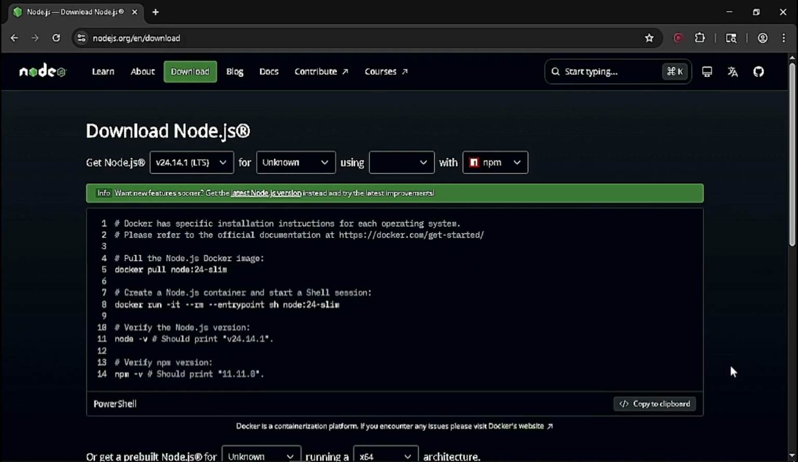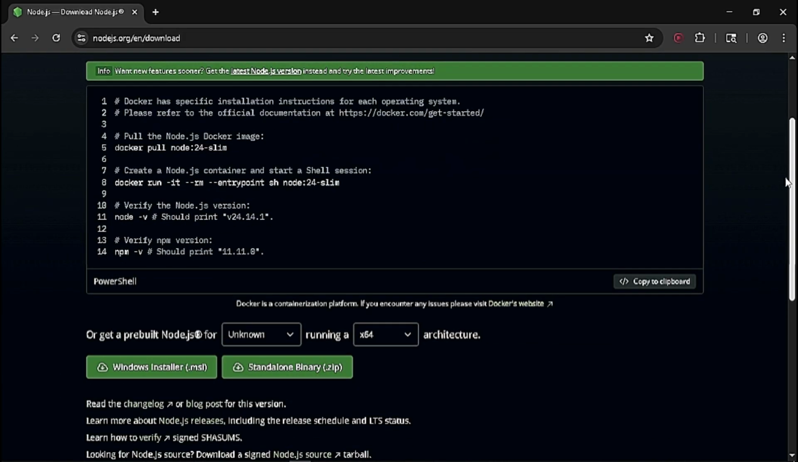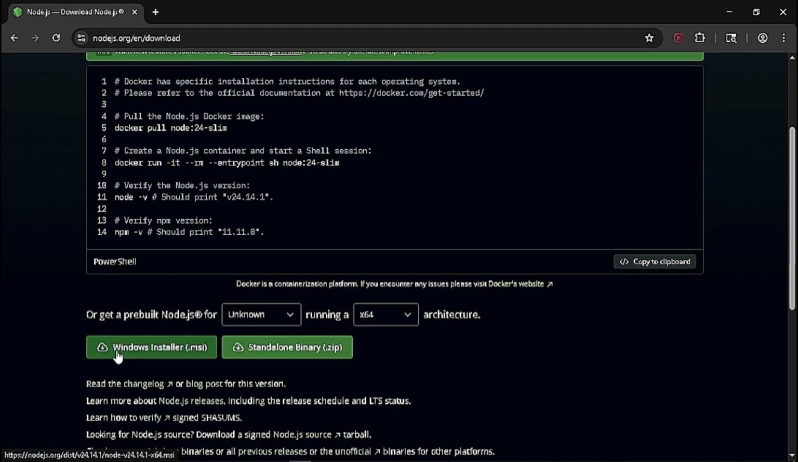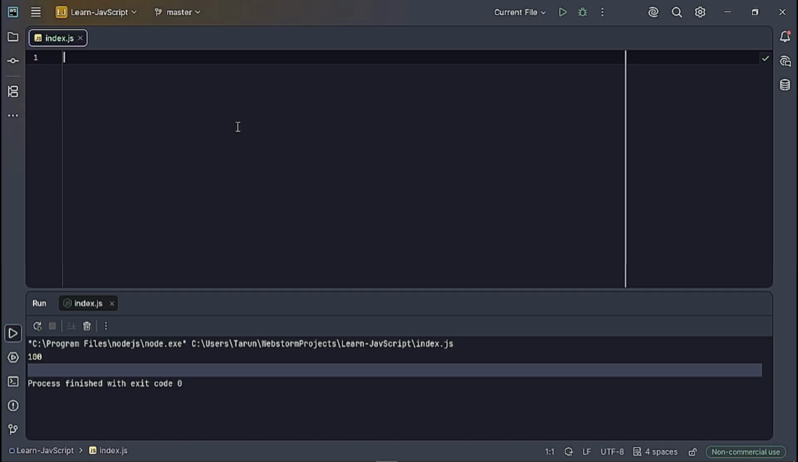First, to run JavaScript, we need a compiler called node.js. So to download node.js, just come into this website and scroll a bit, and you could find the Windows installer, which is in the form of MSI. After you install it into your PC or laptop, just come into WebStorm or any IDE you would prefer to